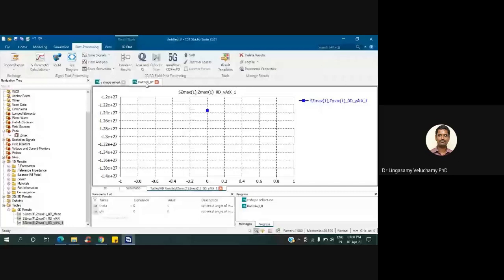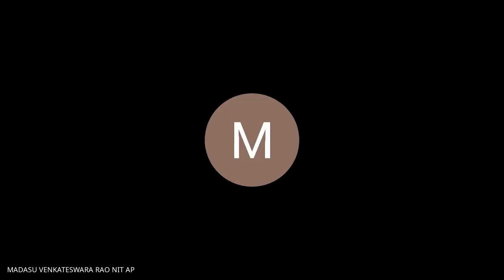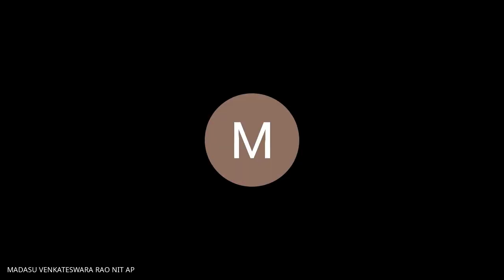That's why you are getting one value. If you are varying the patch size from 2 to 10, then 9 values will come. It will plot here. That's why you have to run the parametric sweep.